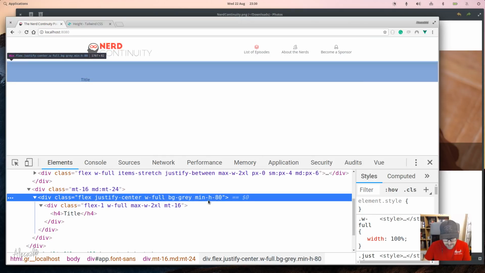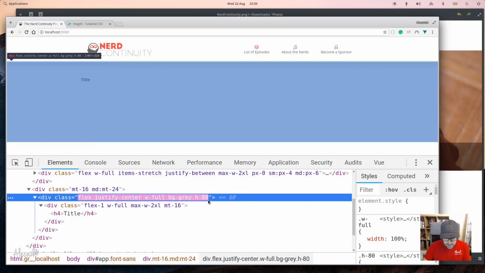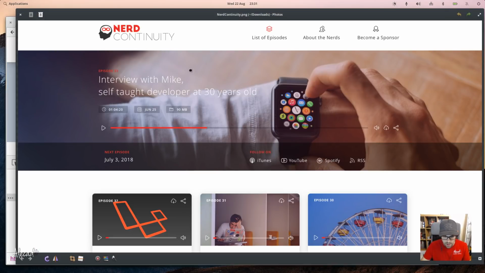But min height doesn't exist, so let's give it a height of 64, and if it goes higher, it doesn't matter. Okay, let's keep it like that, and then the height is going to be defined by the content. Let's put all the content that we have in here. So we have the episode number, the title, a bunch of metadata information, the player, and then the bottom part. The bottom part is going to be interesting because we're going to use